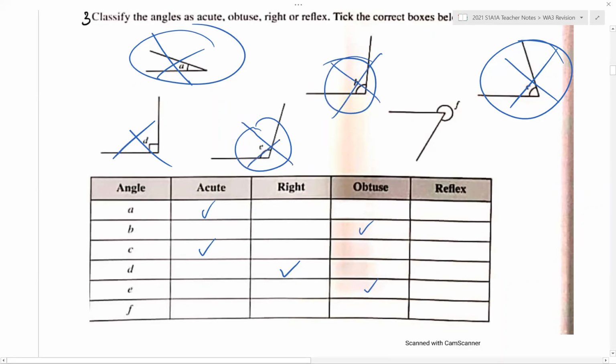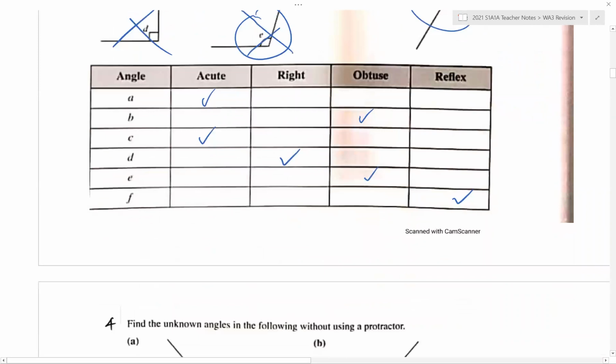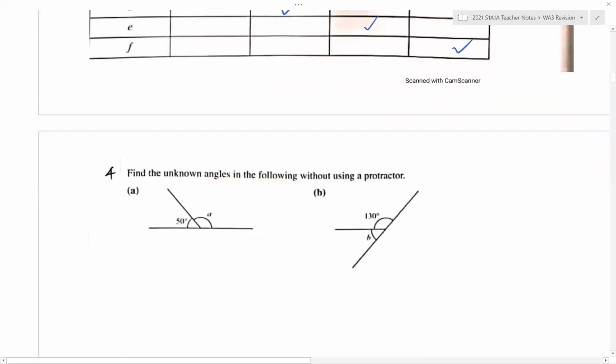That leaves us with the remaining angle F as reflex. Look at it and tell that it is a huge angle. Almost going to complete one round already. It is more than 180 degrees. It is reflex. Next is your